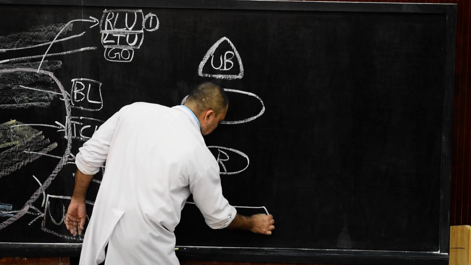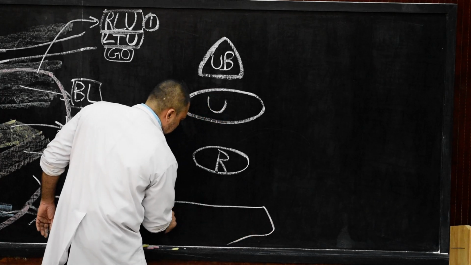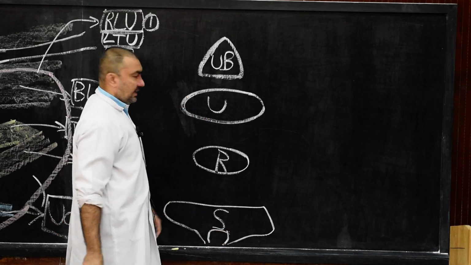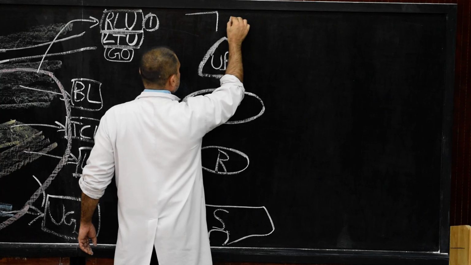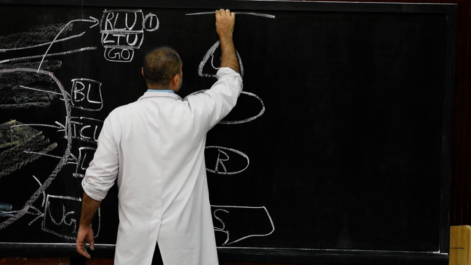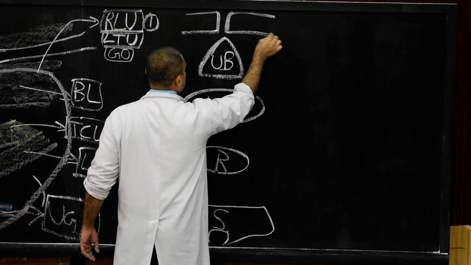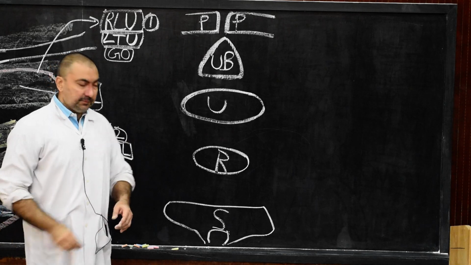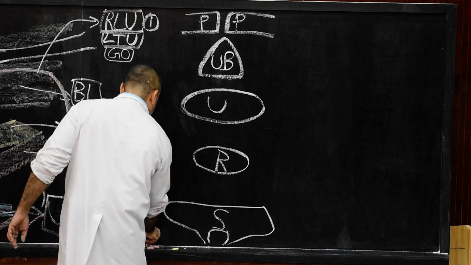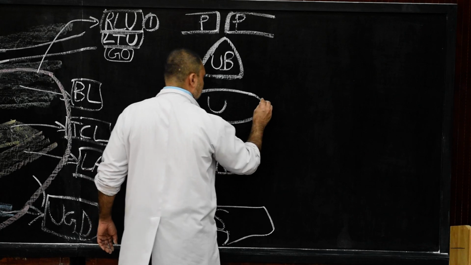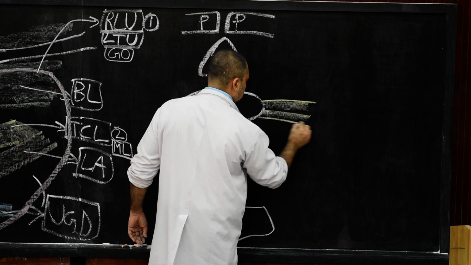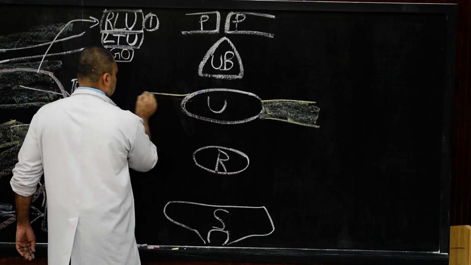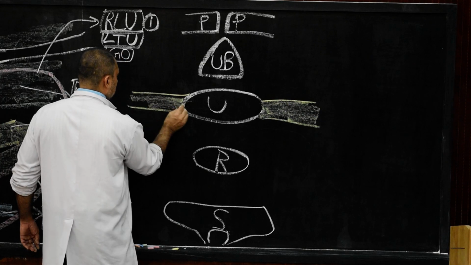Just posterior to the rectum we are going to finish this with the sacrum. So this will be the sacrum, and anteriorly we are going to show the pubis, the symphysis pubis, the pubic bone. And now we are going to show the transverse cervical ligament. So the transverse cervical ligament will be simply attached to the lateral wall, and here we complete it. Here also we are showing the transverse cervical ligament.